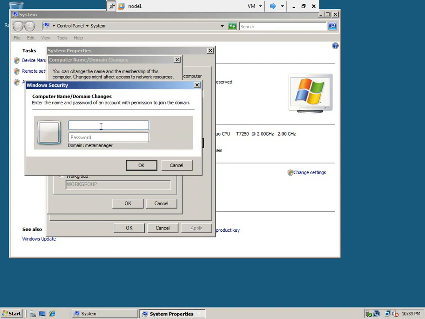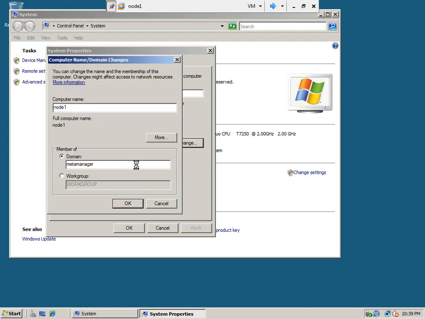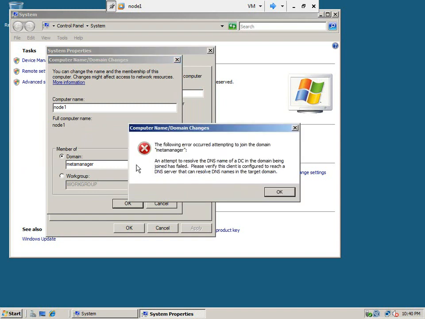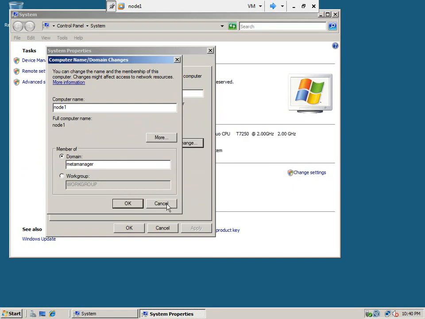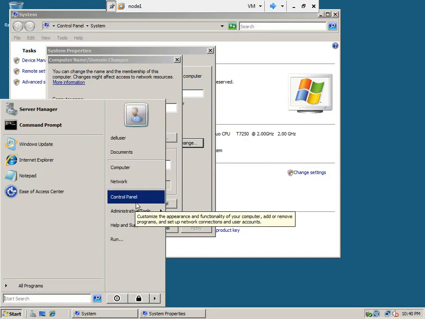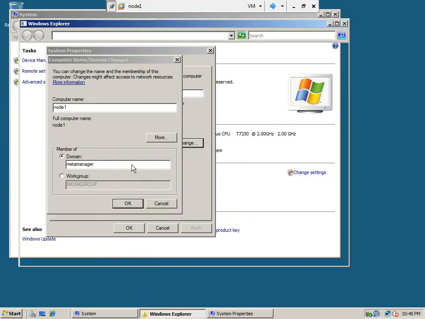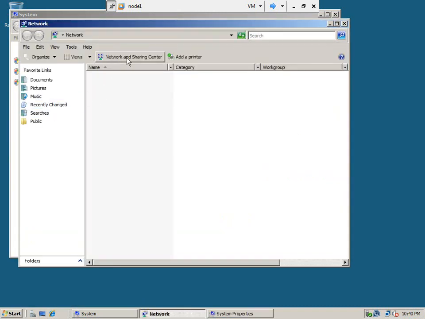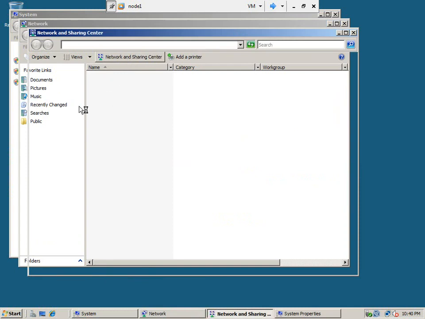Okay, so I need to use cluster admin account to add this computer to the domain. Okay, the reason is we need to set the IP address, static IP address, that we didn't do. So we need to go to the network, click network and sharing center,